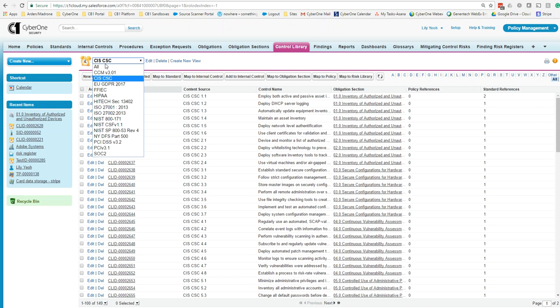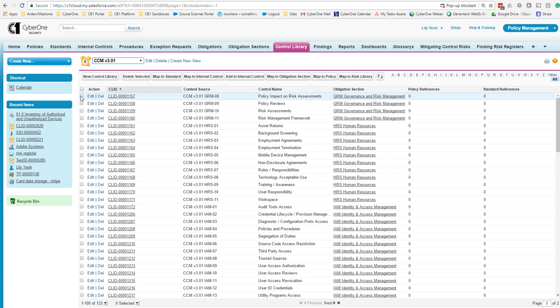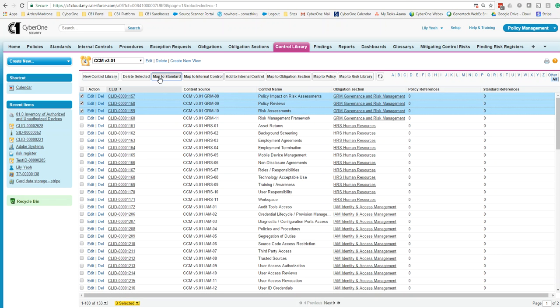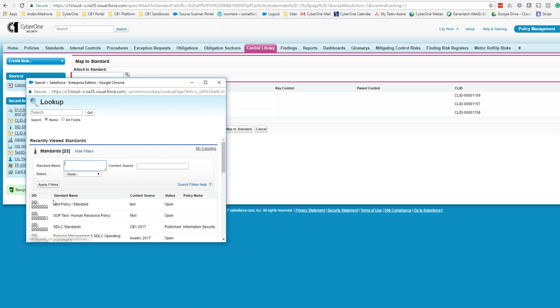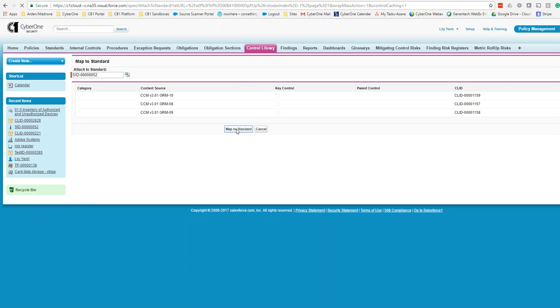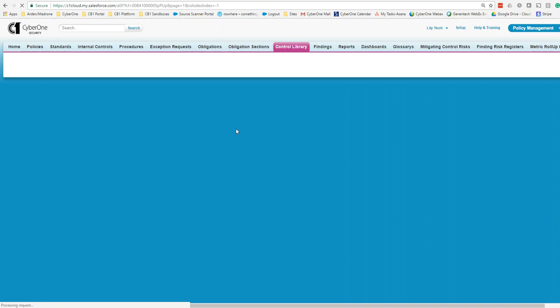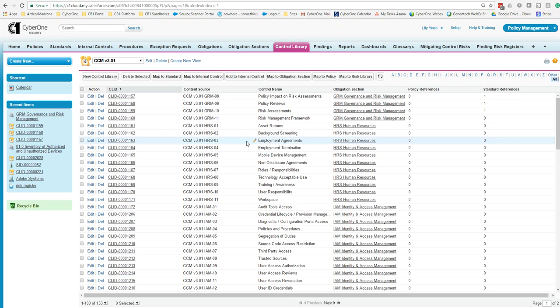So let me go ahead and do another one like this, these three. Map to standard. Look for the standard I want to map it to. Click on map to standard. Now it's done. So now if I go back to my standard